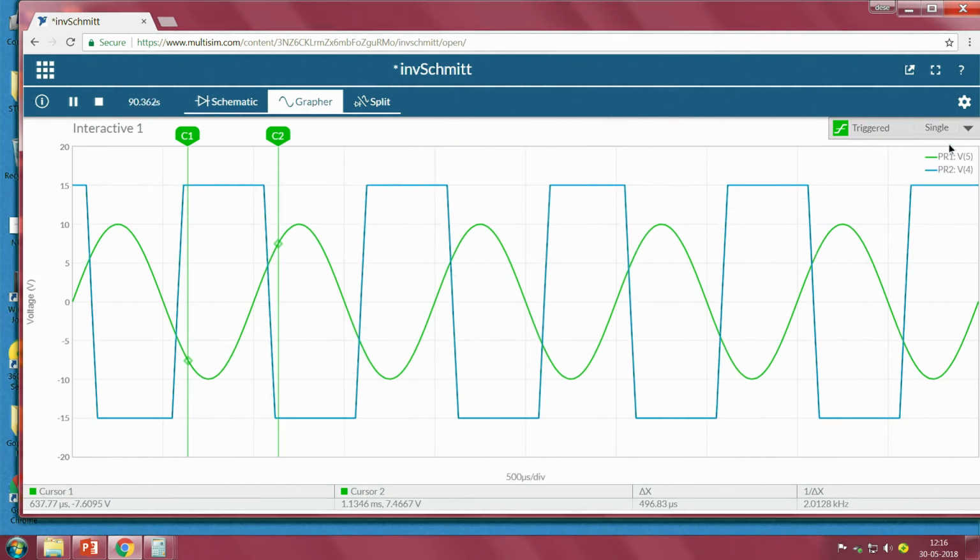The circuit should work like this: when the input voltage is greater than 4.6875, the output should be minus VCC, meaning minus 15 volts, and when the input is lower than minus 4.6875, the output should be plus VCC, meaning plus 15. Now, what will I do? I will move my cursor towards minus 4.6875. I am closely moving to somewhere around 4.69, so approximately equal to that.